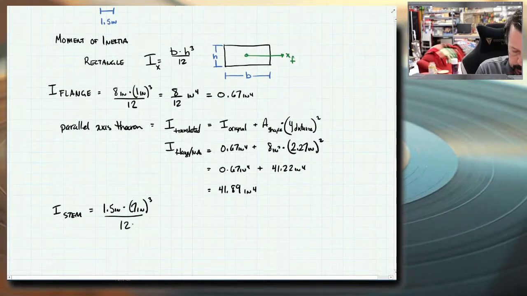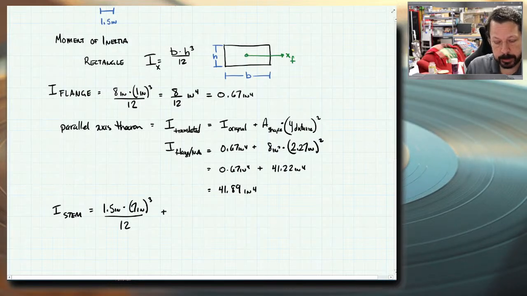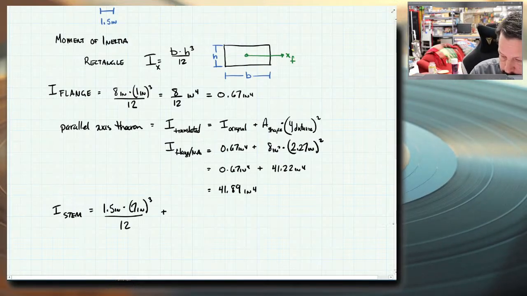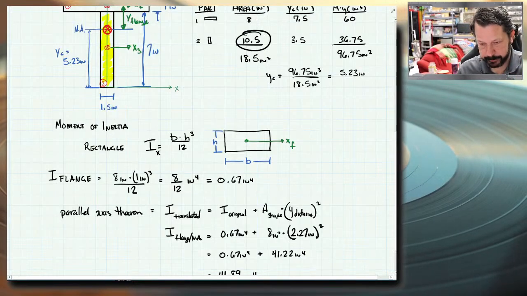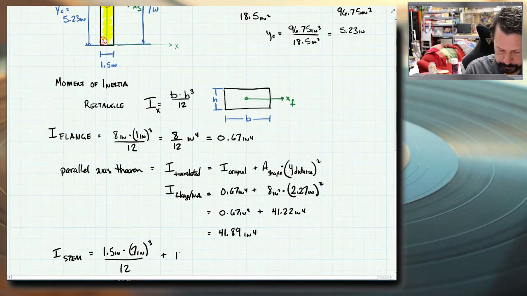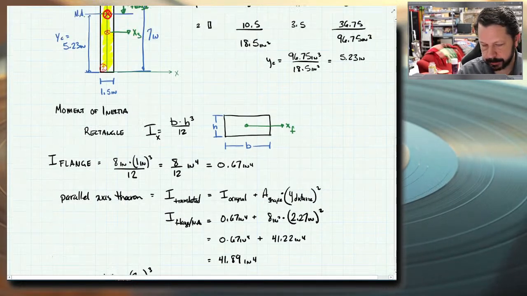Divide by 12. So this is bh cubed over 12. Plus the area. So I'm combining the whole process in this one. So I've got the original moment of inertia here. And now I need the plus Ay squared from the parallel axis theorem. So the area of this is right here, 10.5 inches squared, plus the distance between